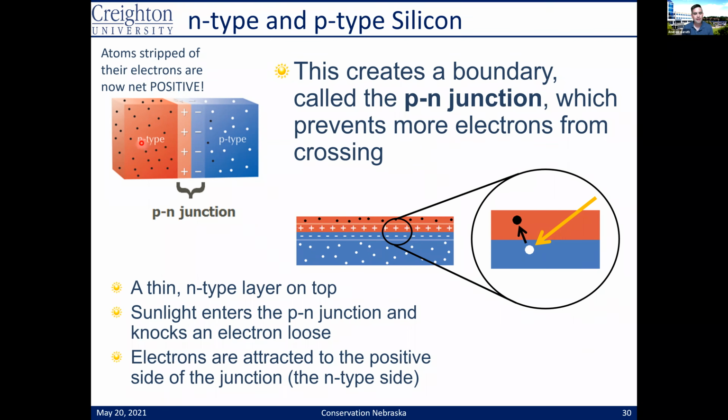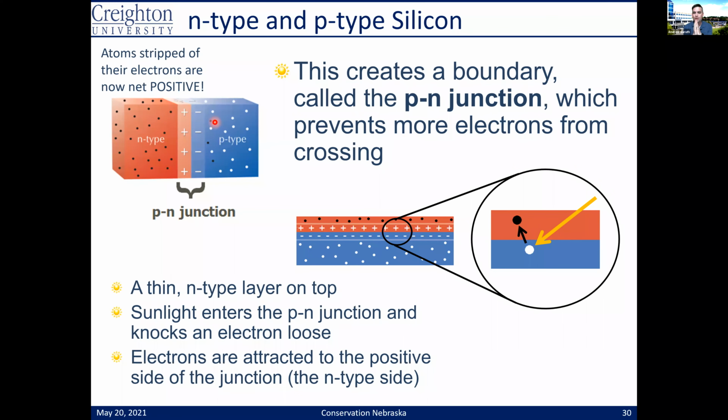So notice if I'm an electron over here and I come this way, I say, oh, great, I want to come this way. Oh, wait, there's a negative charge. I got to go back. Similarly with the hole, I'm going to go this way. Nope, there's a positive charge. I've got to go back. So now imagine that we've made a one-way valve. It makes all electrons go one way, and it makes all holes go the other way.